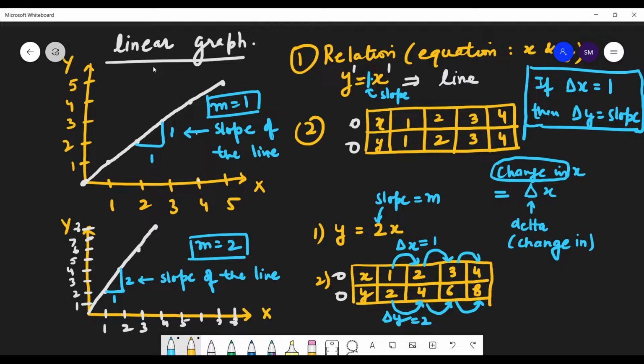So it means I can write this 1 and 2 as m. So what will be the equation of the line? Can I write these two equations in the form y equals m into x? Are all of you agree or not? Where this m is the slope. Yes, sir. All of you are agree? Yes, sir.